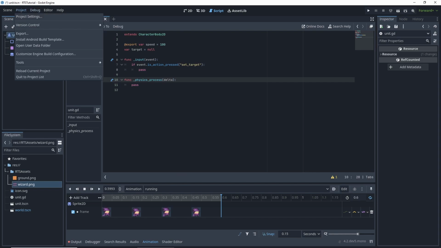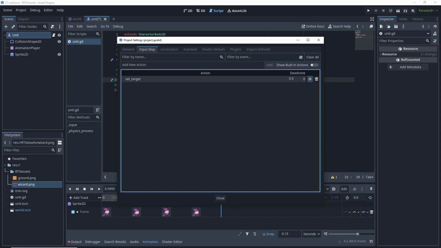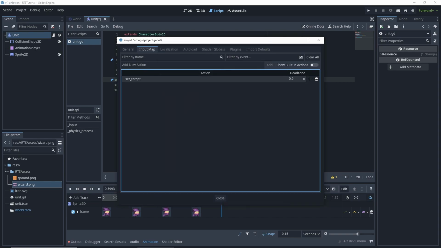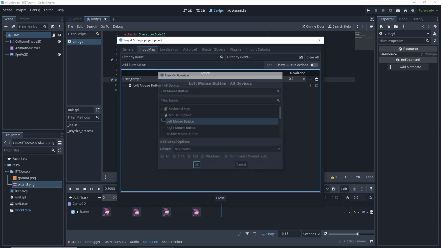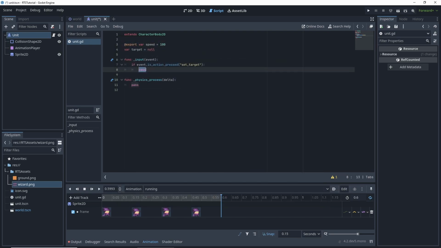So go to our project settings, go to input map, set target, add. We add it here, click here, then listen, hit OK. We want left mouse button, close, and then target is equal to event dot